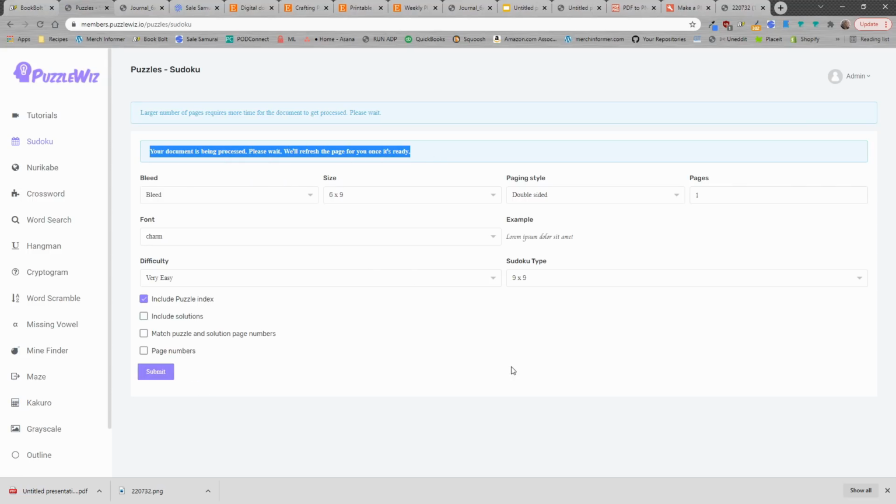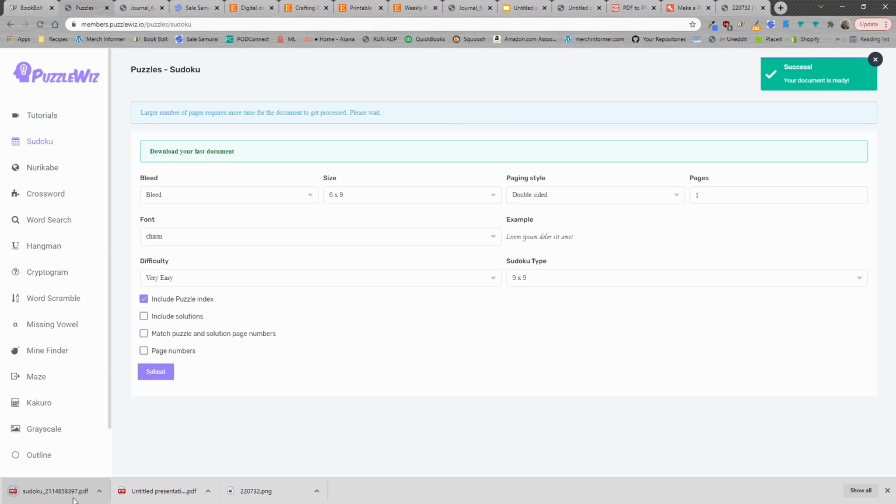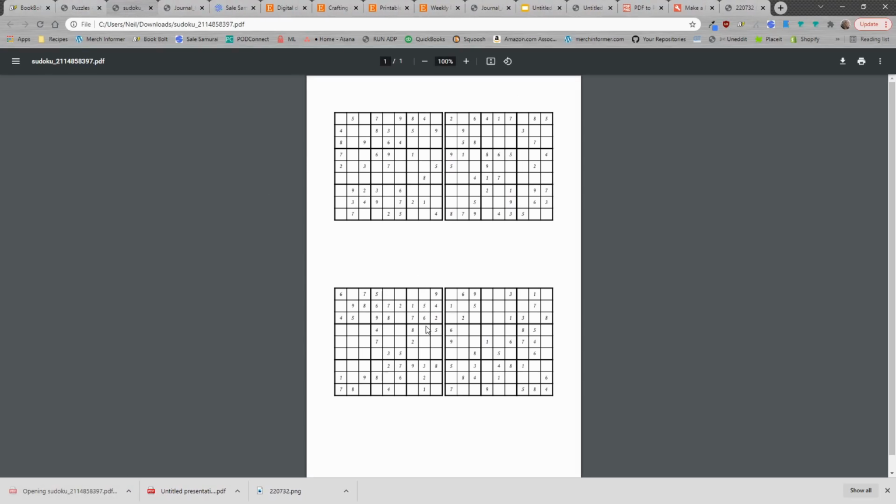You'll see right up here it's being processed. Please wait. And then once it's ready here, it'll say download your document. I can click that, and right here, boom, there's my puzzle page. Now, if I wanted to spruce this up and do exactly what we just did, I'd download this as a